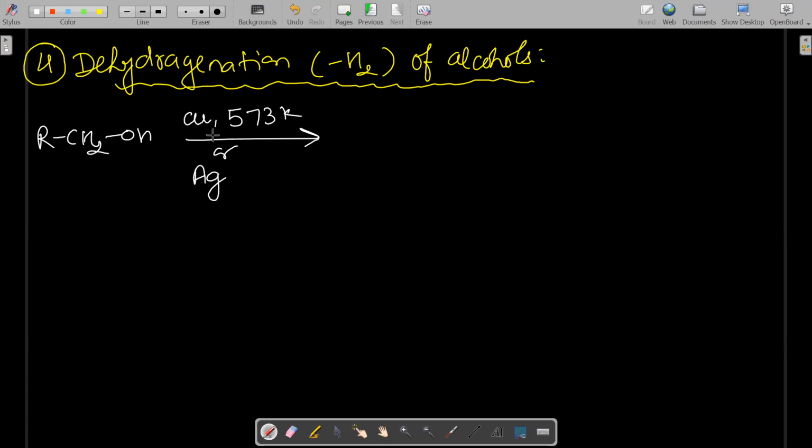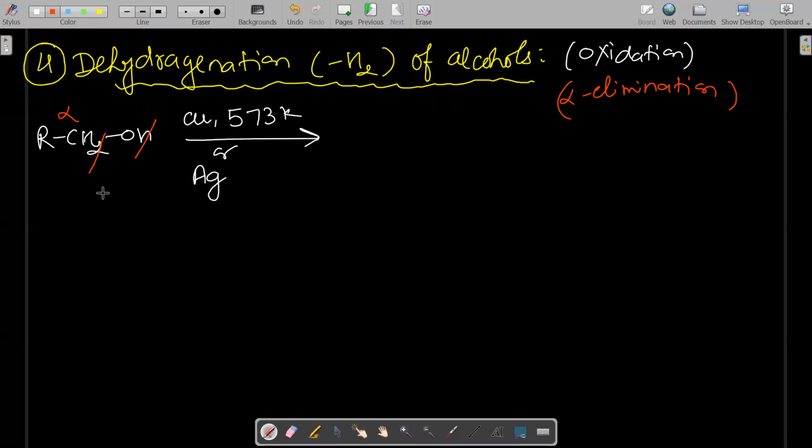Okay. So this is also an oxidation process, because loss of hydrogen is also oxidation. Okay. So what happens here in the reaction, watch very carefully, what product, how you get the product. In dehydrogenation, there is a loss of hydrogen, one hydrogen from the alcohol and one hydrogen from the alpha carbon. This is the alpha carbon. So actually this is a type of alpha elimination reaction also, because alpha hydrogen is lost over there.